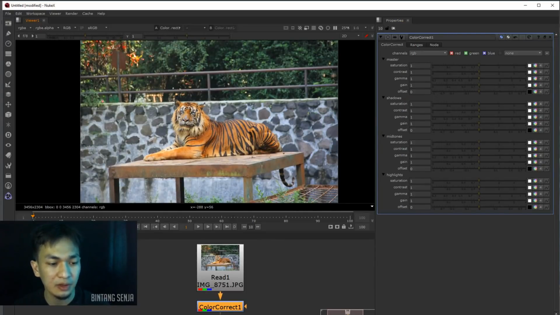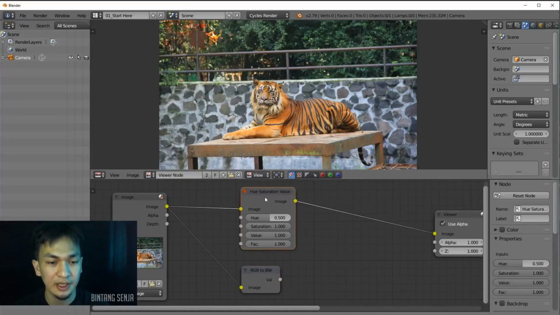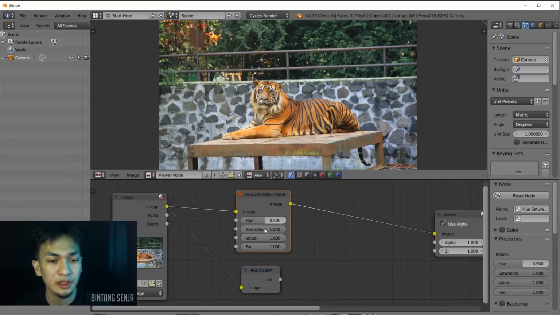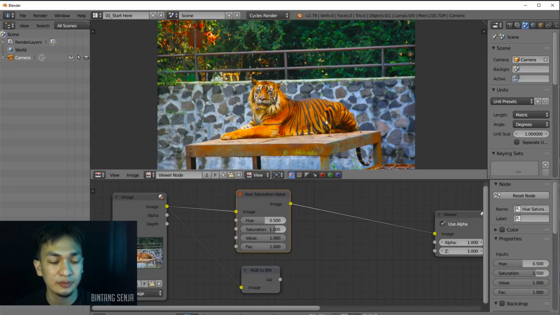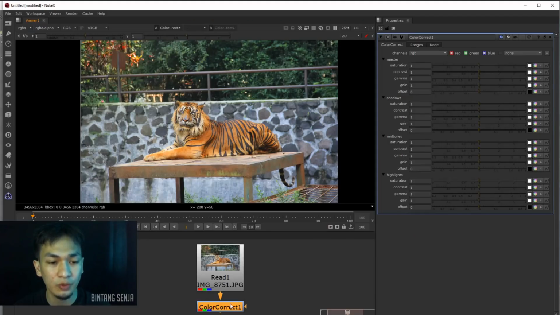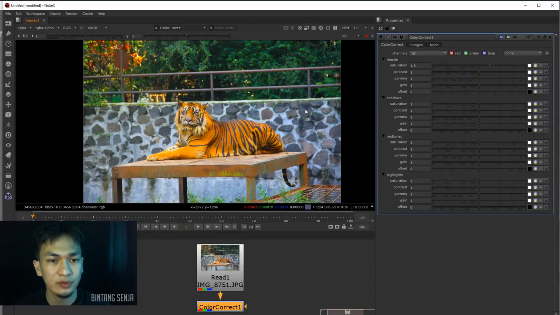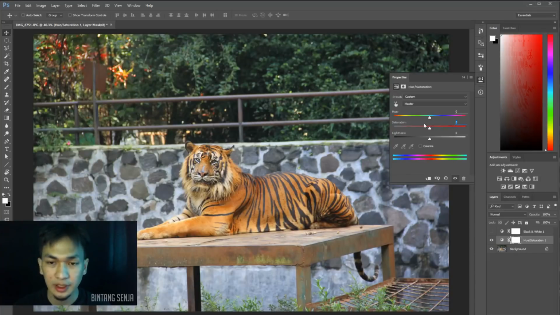Okay, right now if we want to increase the saturation, we usually will increase this value here, like maybe 1.5, and we'll see something like this one. While in Nuke, if we increase the saturation, like maybe 1.5, the image looks different, right? And in Photoshop, when I increase, like maybe Photoshop using a 100 range, if it's something like this one, see,